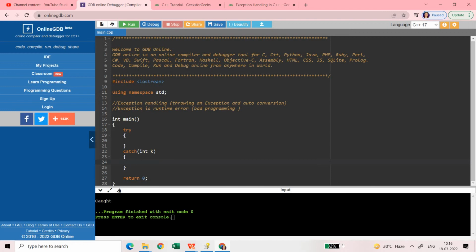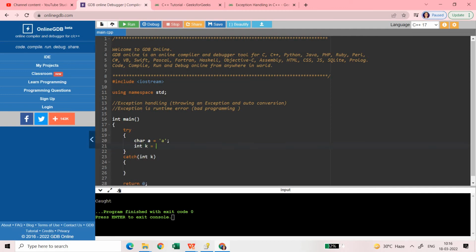Now, if I have written this catch block here, then I'm expecting that this will be catching an integer exception. But there is one concept. You might have seen that if you have written this thing like this,